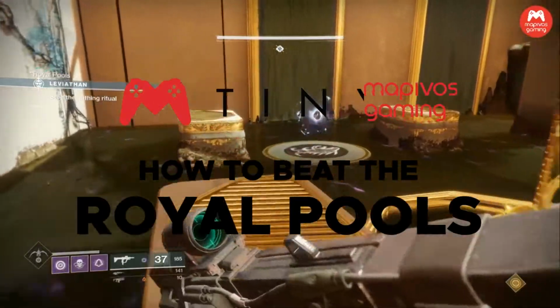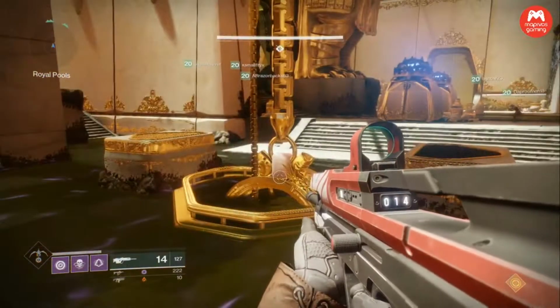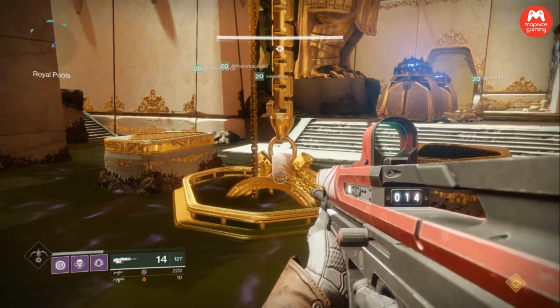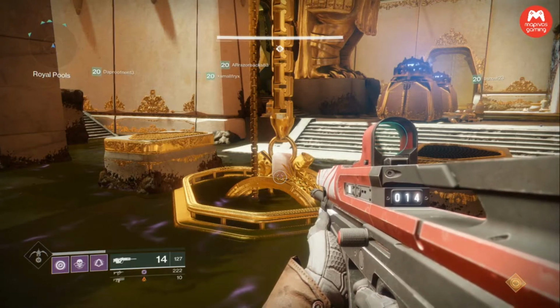Today I'm going to show you how to beat the Royal Pools part of the Leviathan Raid. Now this section is a little tricky. Basically what you want to do is have 4 people standing on plates. These plates, as you're standing on them, will pull down a chain to open weak spots, basically containing 9 lanterns